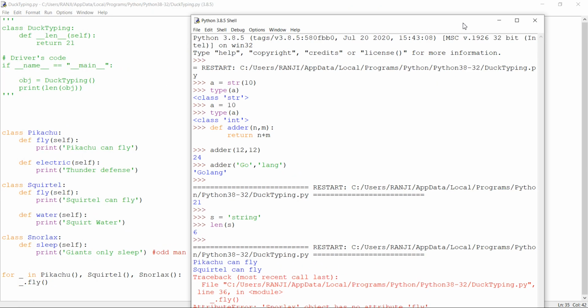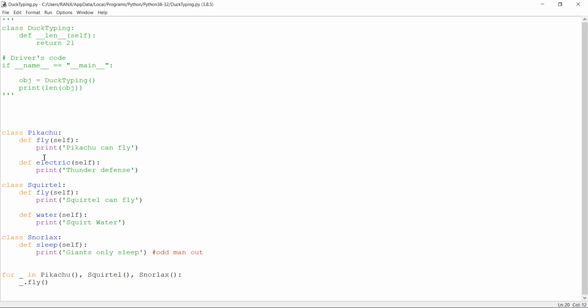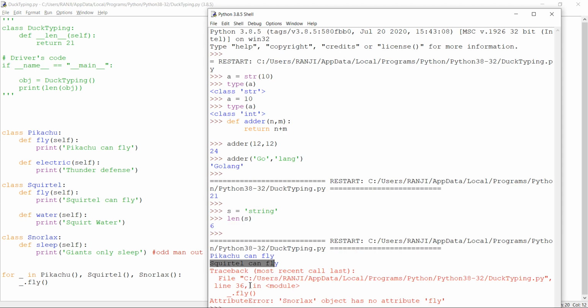You can see it just printed only two print statements. Pikachu can fly, and Squirtle can fly. Why? Because only these two classes had the fly method, and for the Snorlax class, it threw an attribute error saying that the Snorlax object has no attribute fly. So this essentially is the odd man out.